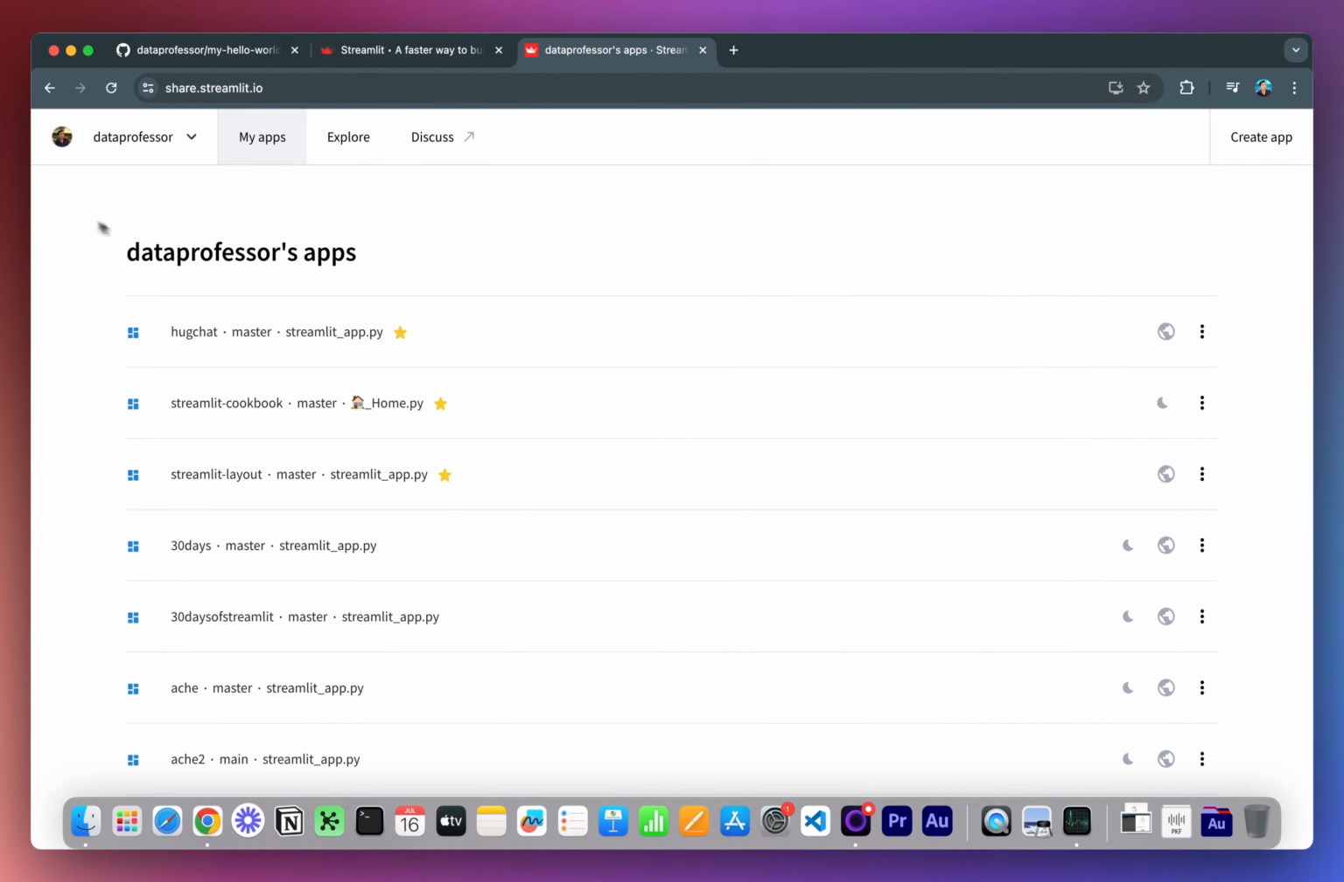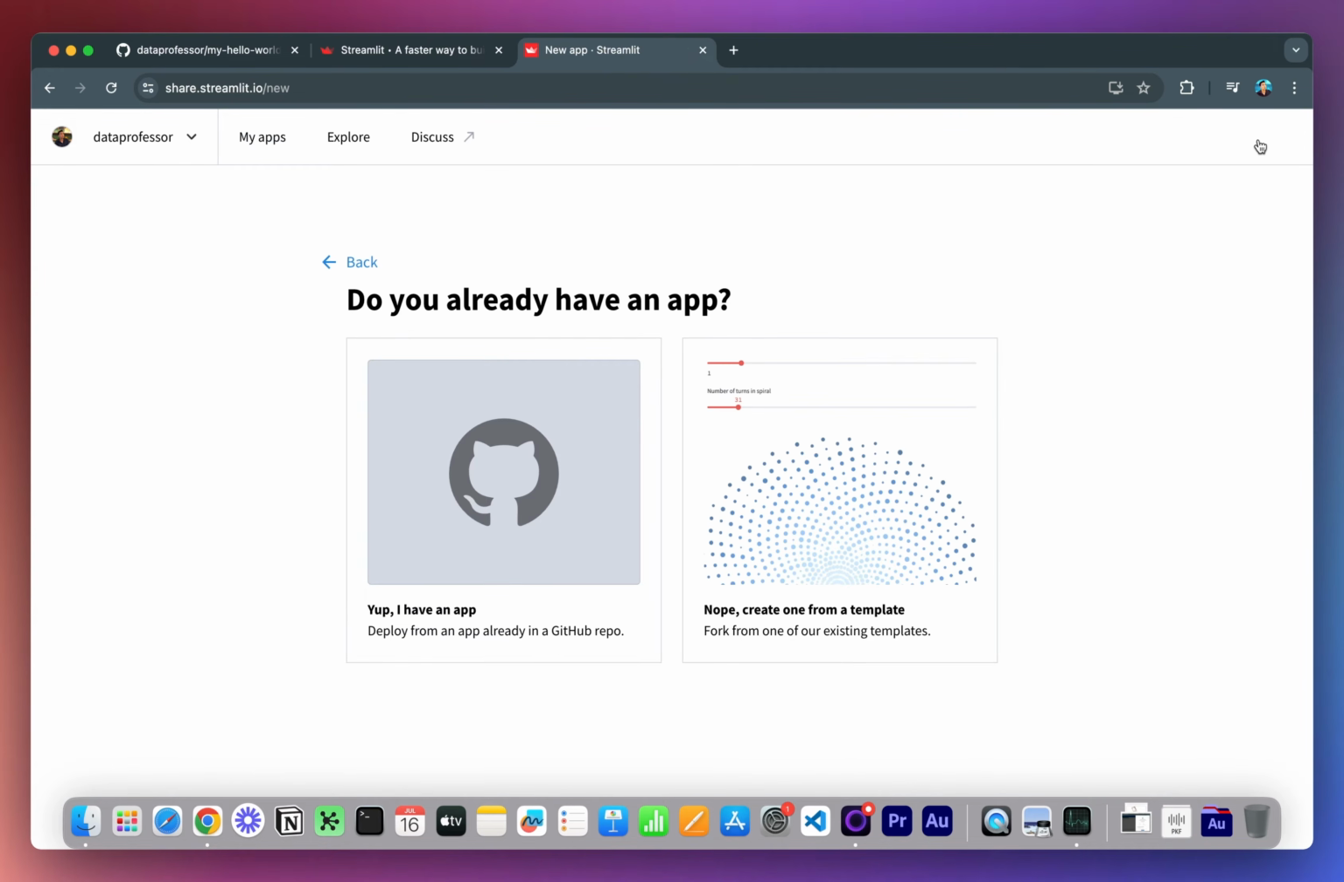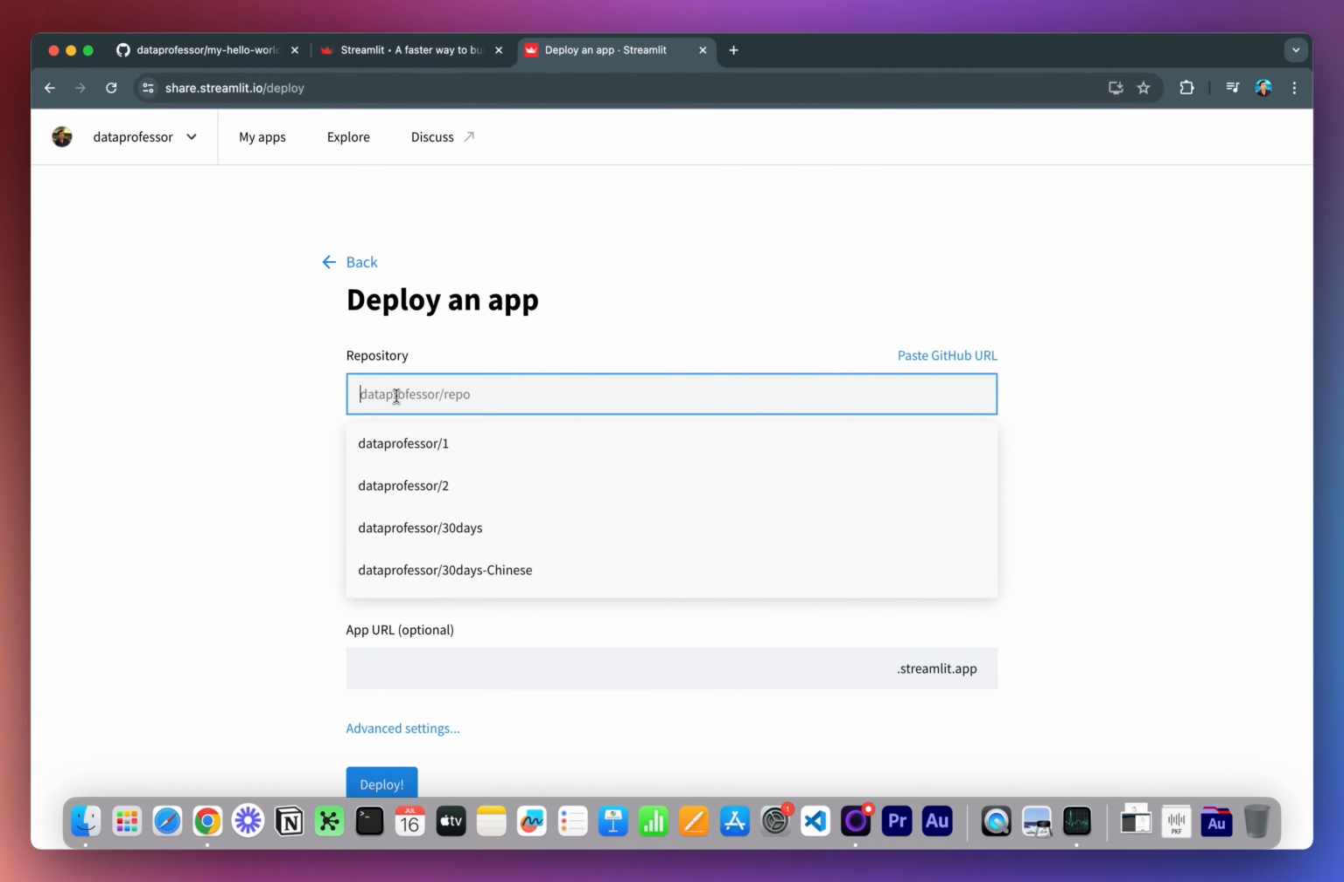And this is the dashboard upon logging in, and I want to deploy the app mentioned previously, so I'll go ahead and click on Create App. So I'll go ahead and click on the left button here in order to select the repo that I've created and mentioned earlier on. But if you want to select from the template mentioned here, you could also do that as well. And here, I'll go ahead and type in data professor, which is my GitHub account user ID, and